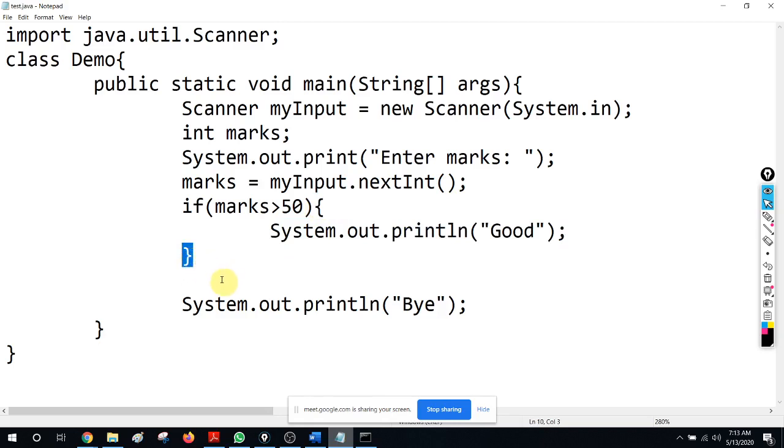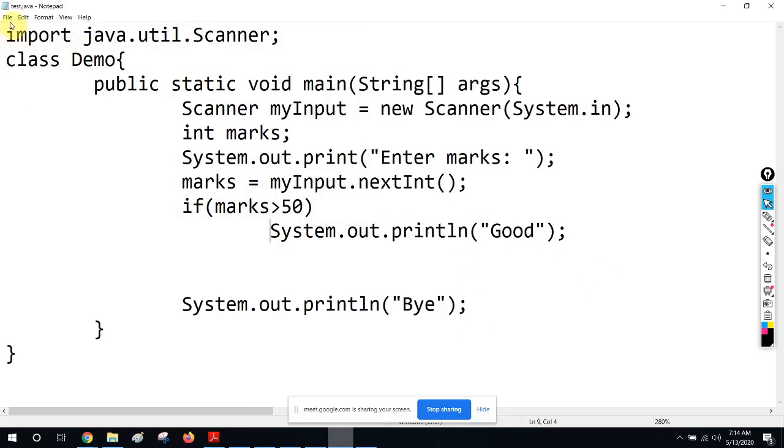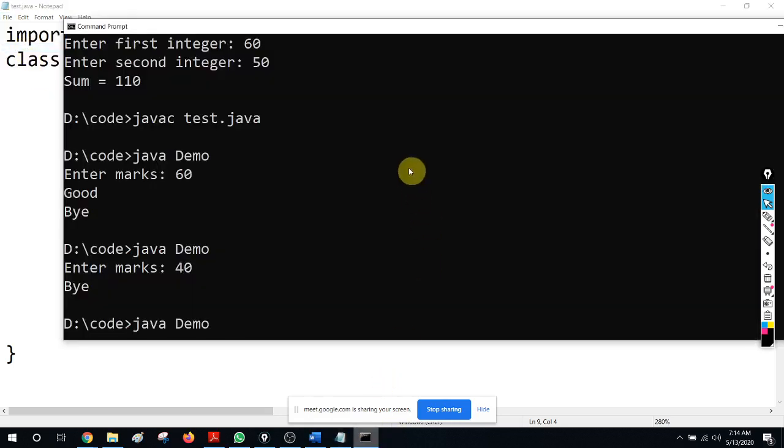But in the exam, they will check whether you are aware of these concepts. Therefore, even if it is not there, it is going to work, right? So I'm just indenting for you to understand. Still, the logic is the same. Still it will execute the same way, right? It will execute the same way. So I will compile and run it again,